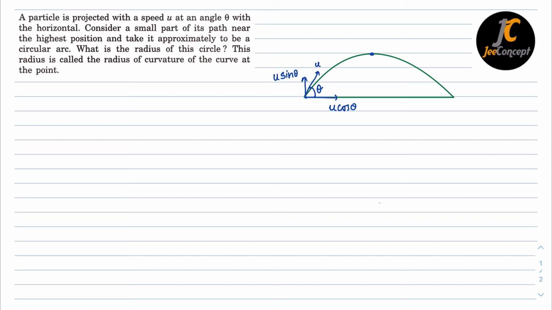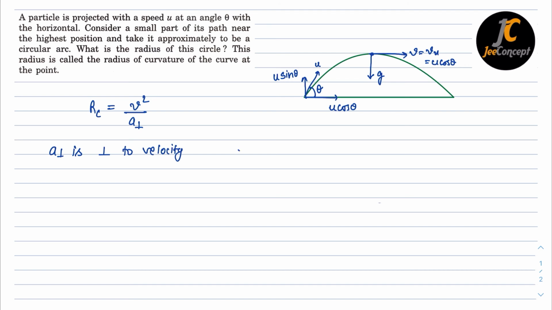But at the highest point the velocity will be equal to only the vx component, which is nothing but u cos theta, and the acceleration at this particular time is only due to gravity, which is equal to g. And we know the relation of rc, which is radius of curvature, is nothing but equal to v square upon a perpendicular. Here this a perpendicular is perpendicular to velocity,